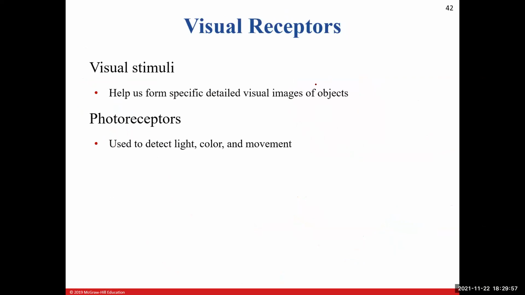So when we're talking about our photoreceptors, there are three things that the photoreceptors are able to detect. The first thing is the light intensity. The second is going to be color. And the third is going to be movement. So our photoreceptors are going to provide us, via whatever type of visual stimuli we're getting, information on those three categories: light intensity, the color of the light, and if there's movement going on. And so those photoreceptors will help to give us that visual information of whatever it is that we're looking at.